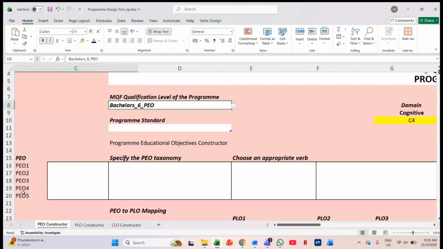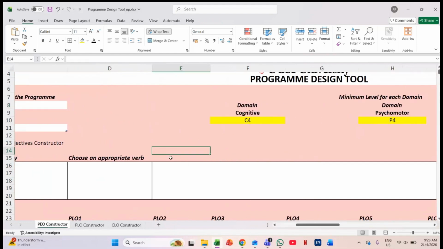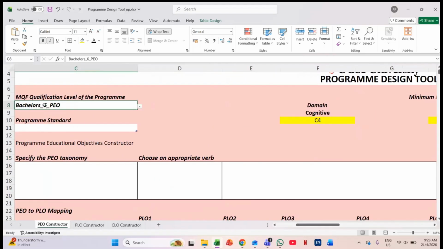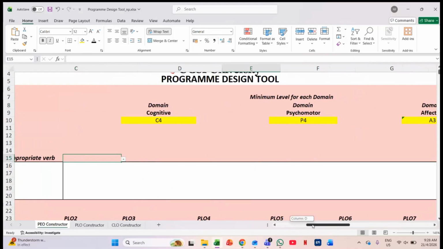Now, moving on to the program educational objective development. Once we have selected bachelor's level 6, we can now see that this column will activate. The drop-down option will only appear for level 6. It will not appear for any other level because the level specified here is level 6. So we are constructing our PEO according to all the same MQF learning clusters, which is 11 skills in specific sequential order, which is